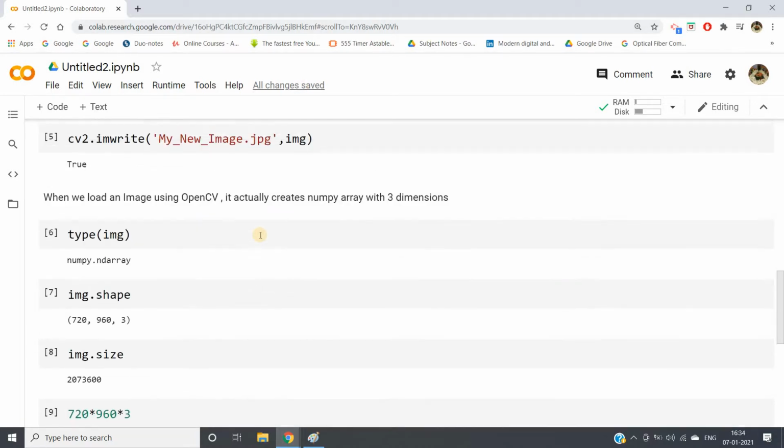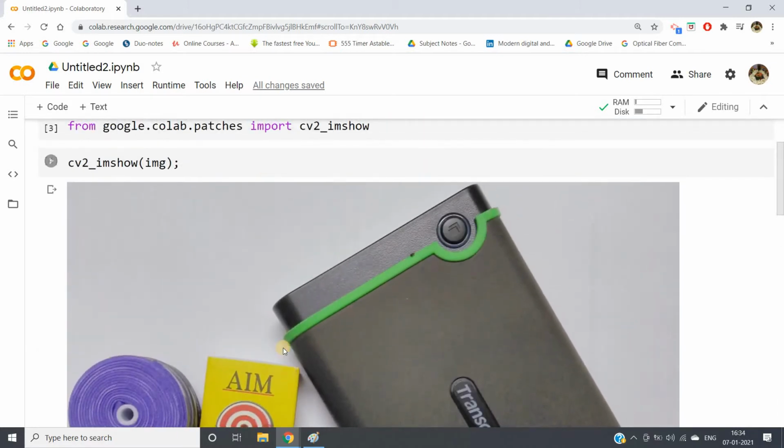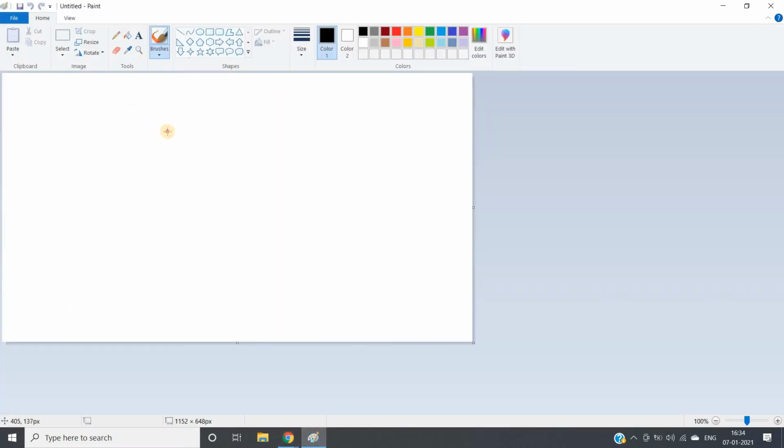Then I have told you in my previous video that as this is an image, same like MATLAB, the image coordinate origin will start from top left. And the reason is quite simple. Suppose you are having one matrix here, suppose 1, this value is 2, this value is 3, this value is 4. Here I am writing randomly, 7, 8, 9, right? Now what happens is that here we basically require 2 indices,